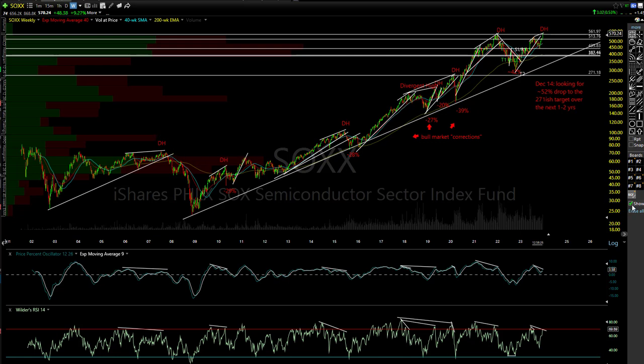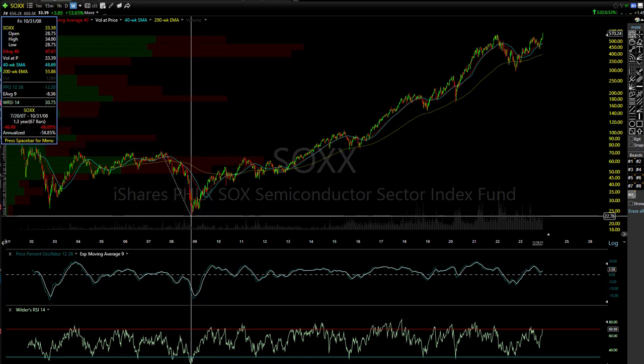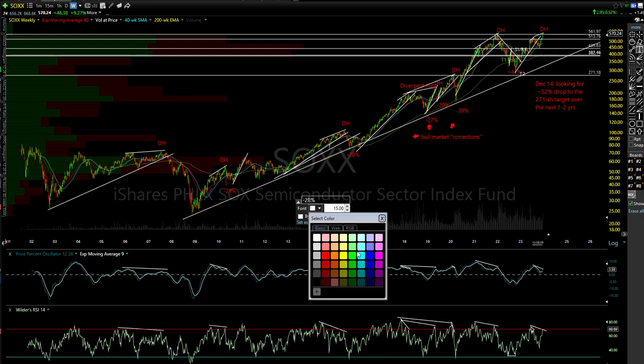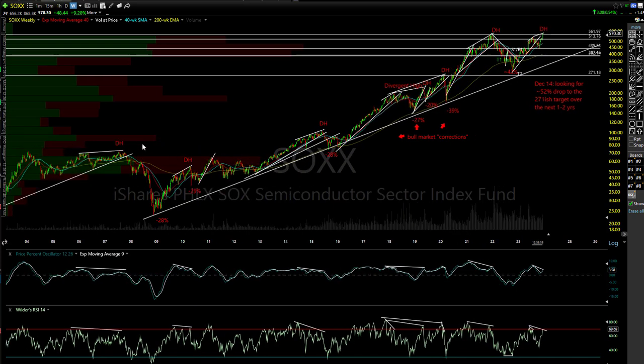But I'm going to measure this. Here's how you do it on TC2000. You click, make sure you snap to the top of that candle, and then snap to the bottom of the one. That's 68%. So I say now, and again, I work in probabilities and statistics and odds and all that good stuff, and you make your own decision and decide on your own positioning. I'm just showing you every divergent high that this sector ETF has put in on this all-important weekly chart. Again, big picture stuff.